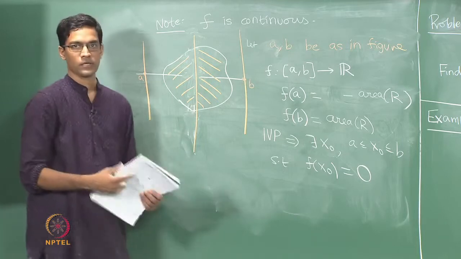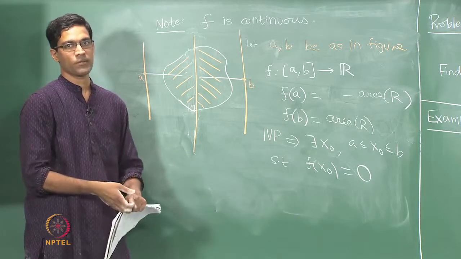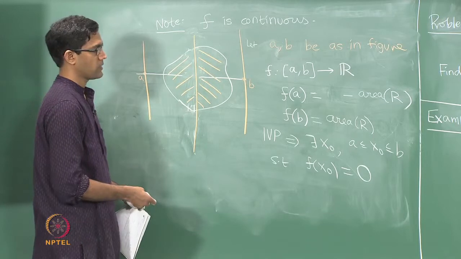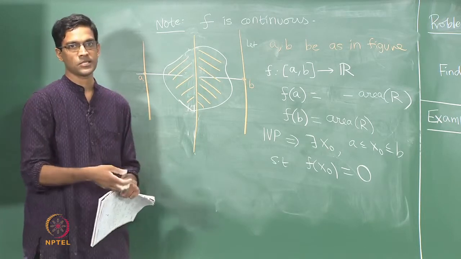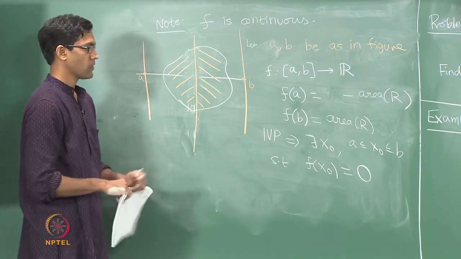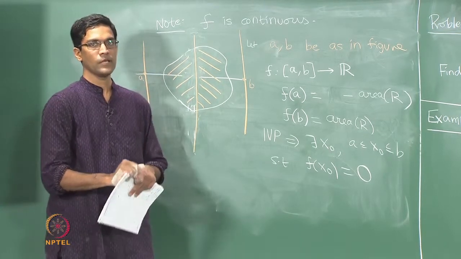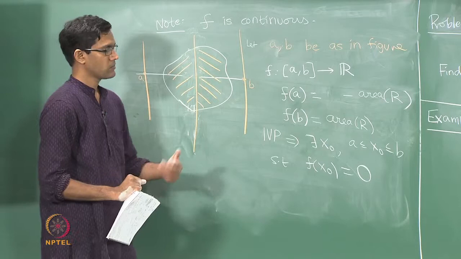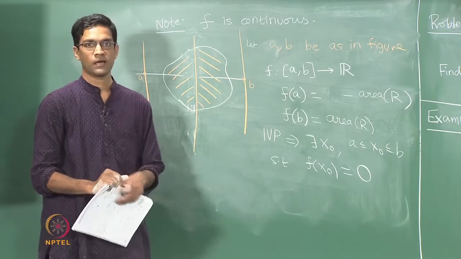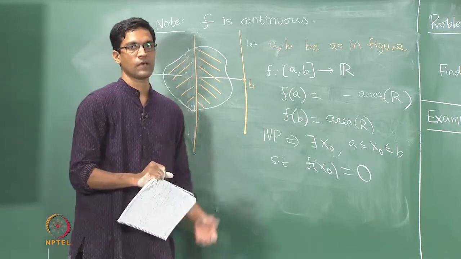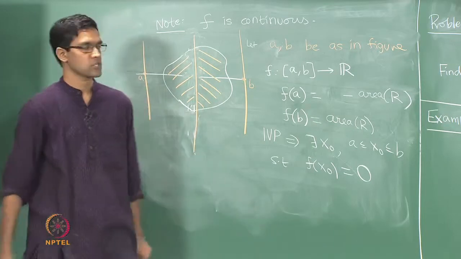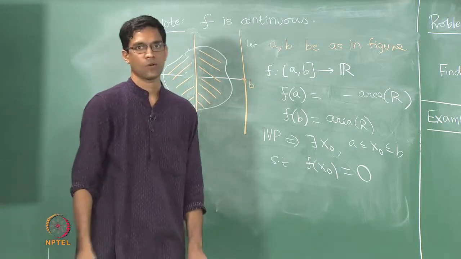There are many more such geometrical applications, and maybe I will indicate some of these in future lectures. But for now, these already give us a good sense of how the intermediate value property can be used to prove some rather interesting and maybe at first non-trivial facts about geometrical configurations and transformations and so on.